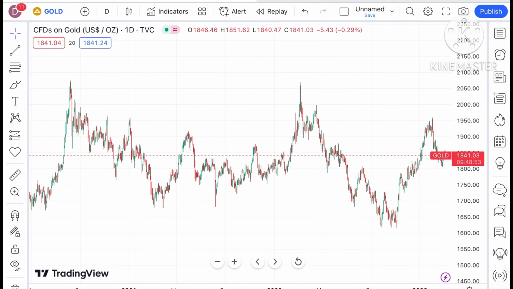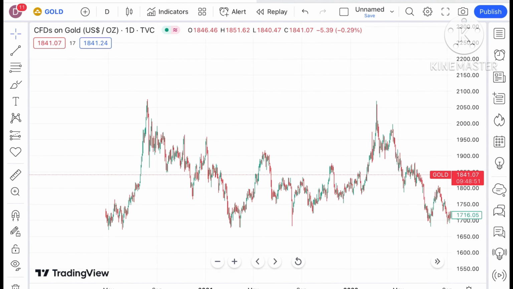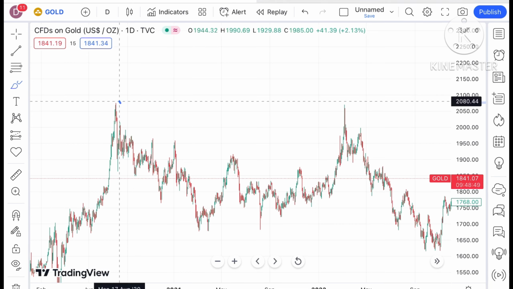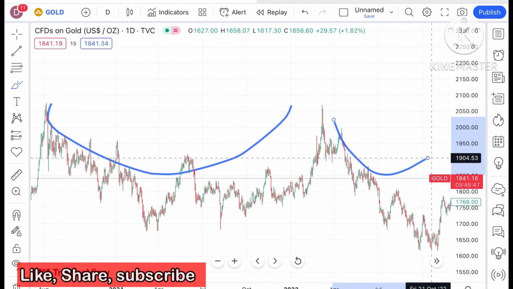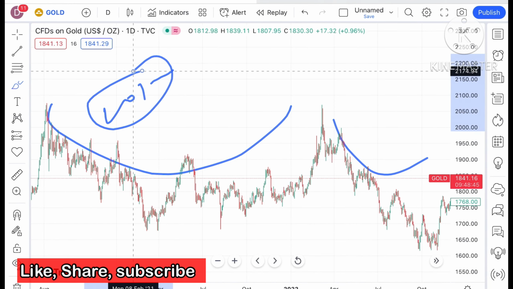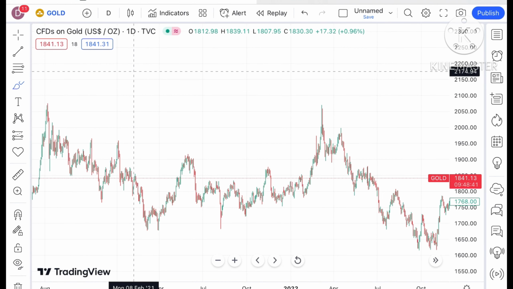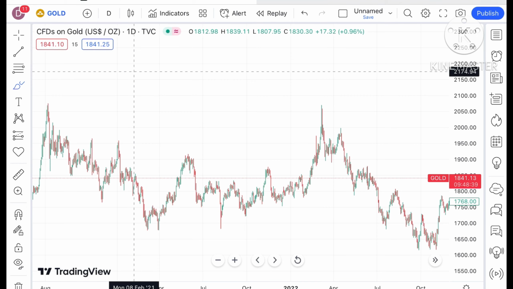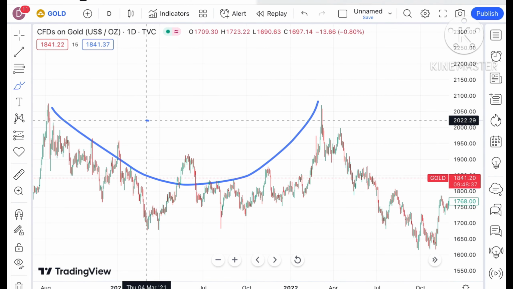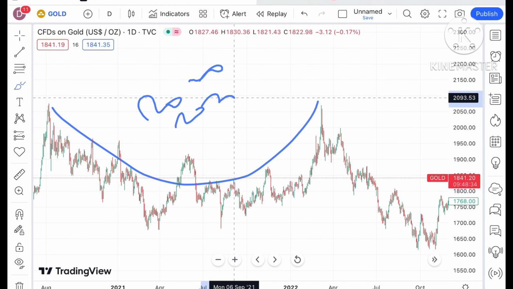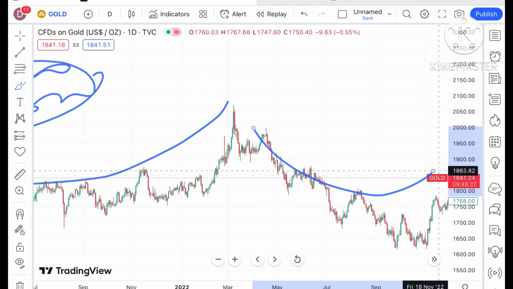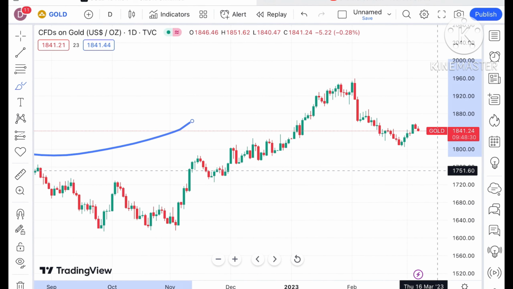See, if you look at the chart of gold, gold has formed a particular pattern 2 times. Previously it was from 2012 to 2020. That is not what I'm explaining in this particular chart. I have explained that in the monthly video as well as the weekly video. You can watch that. This is the pattern from 2020 to 2022 and it is trying to form the same pattern here, as you can see looking at this particular chart.